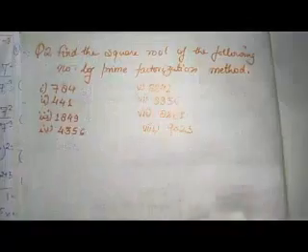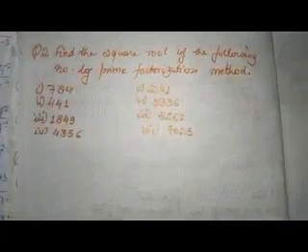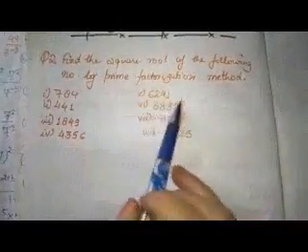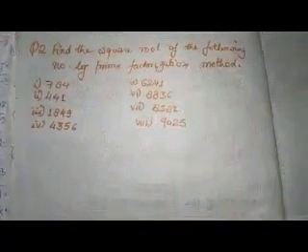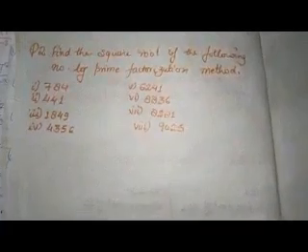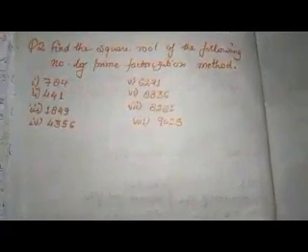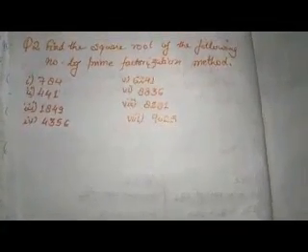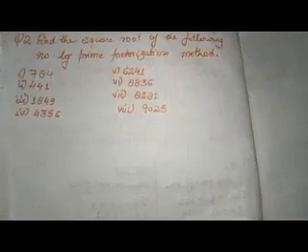Students, today I am going to start with question number 2 of exercise 3.3. The question is: find the square root of the following numbers by the prime factorization method. As I taught you in 7th standard, in the prime factorization method you divide each number by a prime number, starting from the lowest prime to the highest prime, and you get numbers that appear twice or thrice, pairing those numbers and finding the square root. I taught you this concept in class 7th.